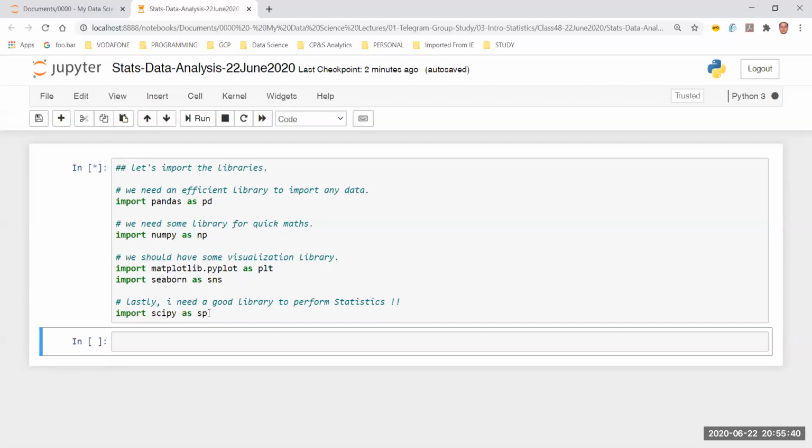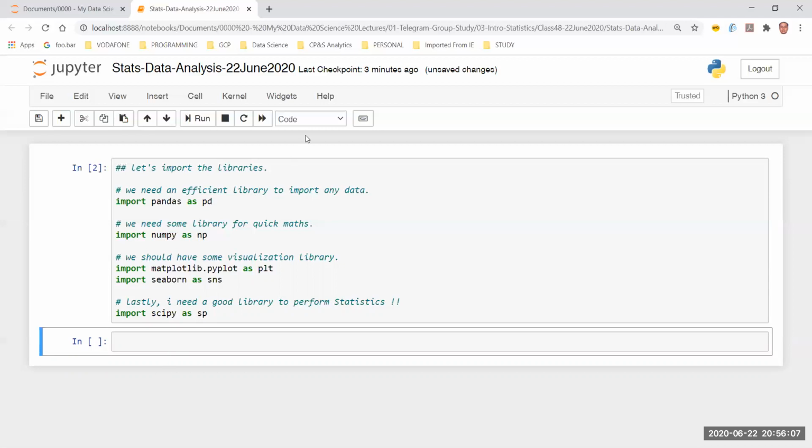Now, the one which is at the end, this import SciPy, I don't know why it is taking so much time. The one related to SciPy will be required only if I'm doing statistical tests. So when I come to a place where I'm going to do hypothesis testing, at that time we are going to use this library, or otherwise we won't be. For the generic things, we do not need the SciPy library. Even without SciPy, using pandas and NumPy, we will be able to do a lot of things.